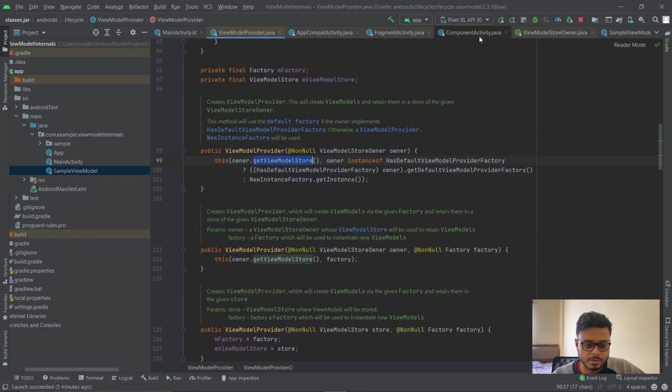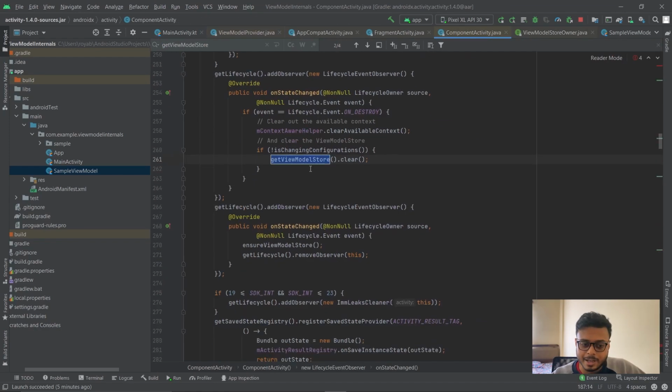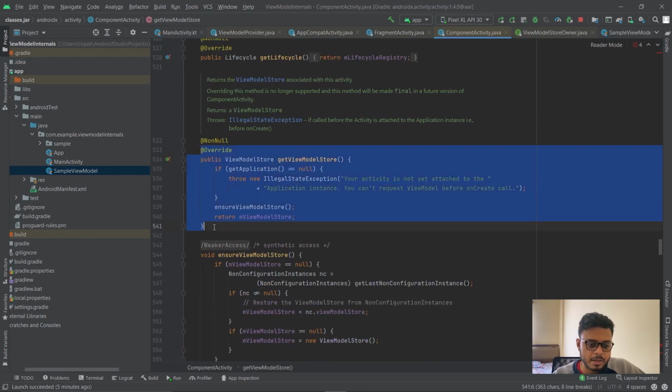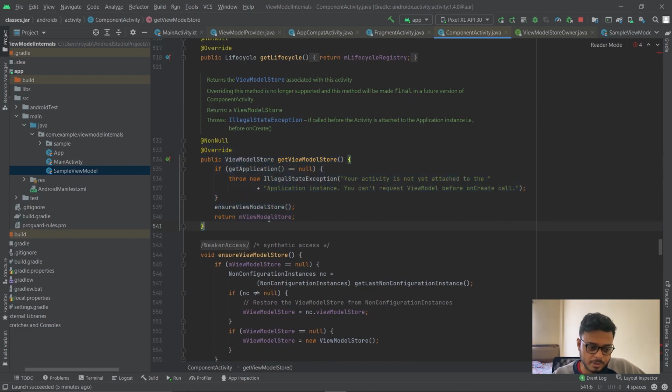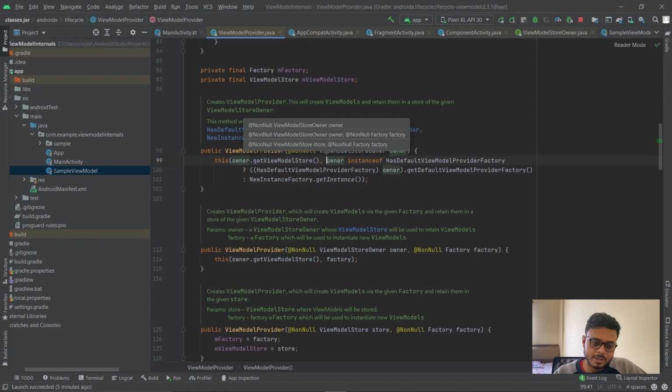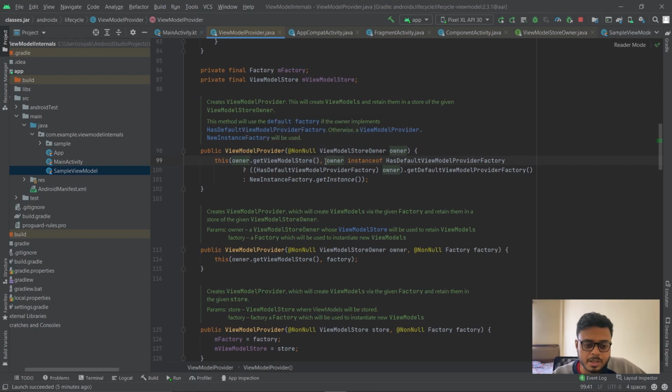So if I go to component activity, I can see that this is, yes, you override the method over here, right? We just saw this ensuring and everything, right? So this gets hold of the view model store from the view model store owner, and then the next parameter is the factory, right? So it tries to get hold of the factory from the owner.